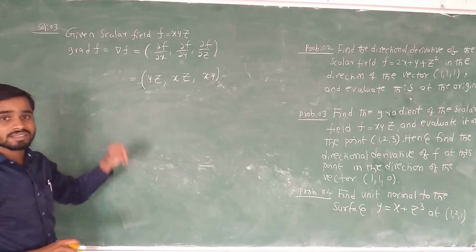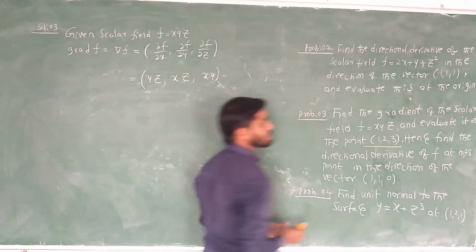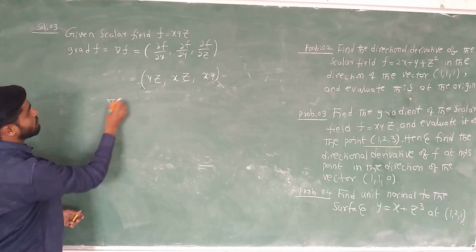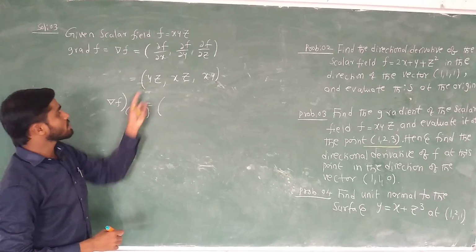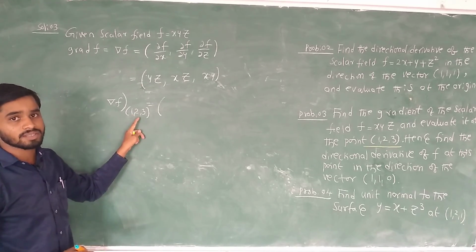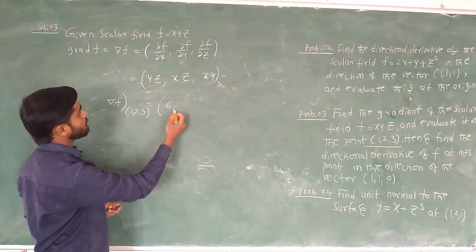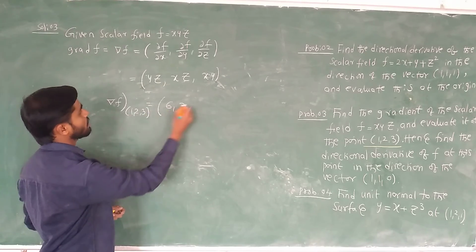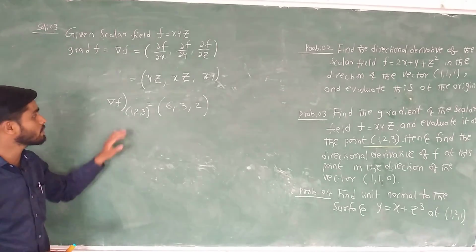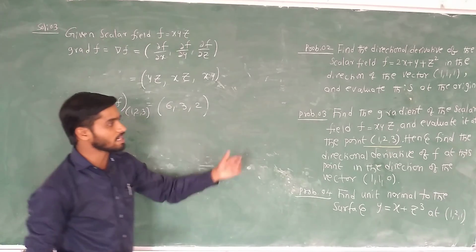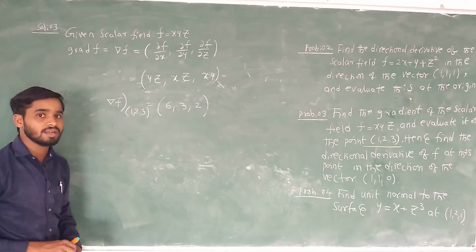But we need to evaluate this gradient of the scalar field at the given point (1, 2, 3). Therefore the gradient of f at the point (1, 2, 3): here x equals 1, y equals 2, z equals 3. Substituting, you will get (6, 3, 2). So this is the required gradient of the scalar field at the point (1, 2, 3). Now quickly compute the second part of problem number 3, that is to compute the directional derivative of the scalar field at the point 1,